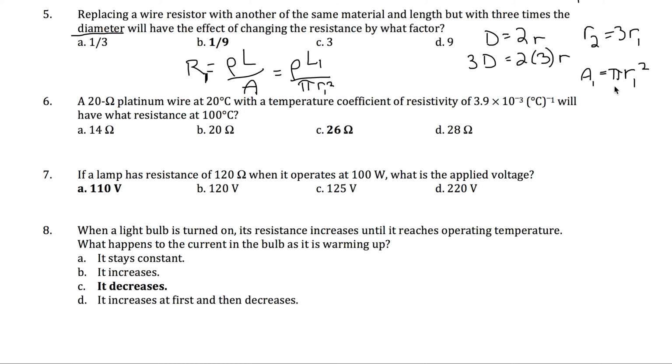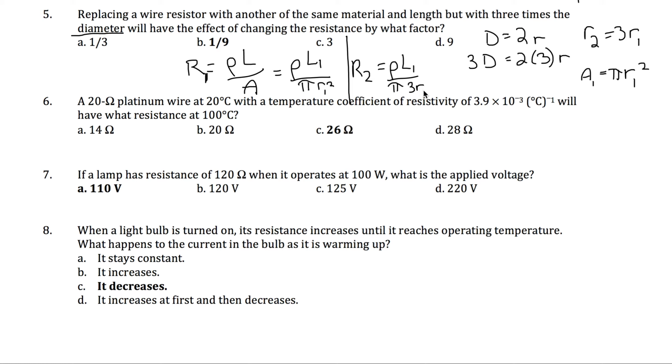So now, I'll do it over here. For R2, it has the same material, the same resistivity, the same L, L2 and L1 are the same, but the R2 is 3 times R1, so pi